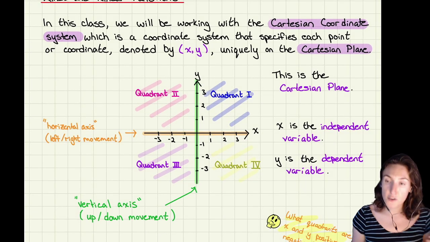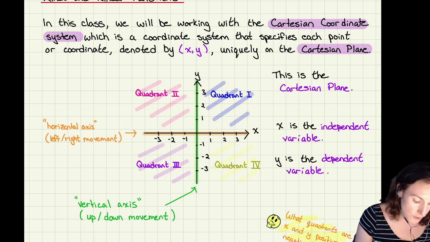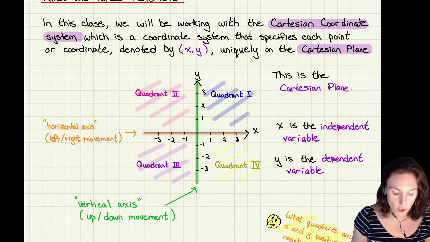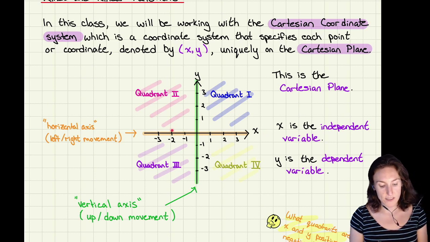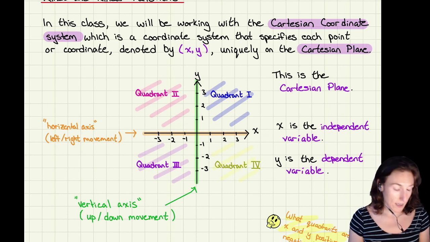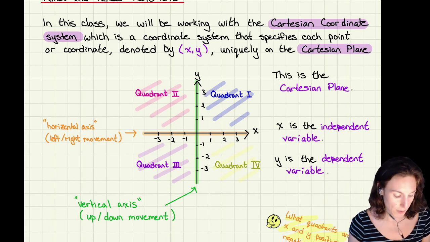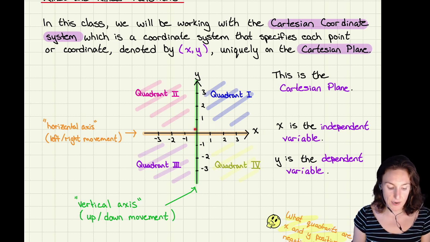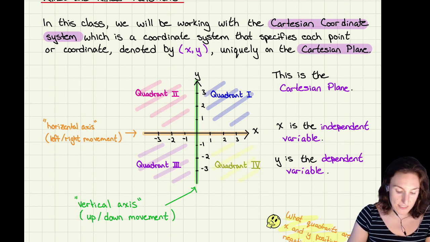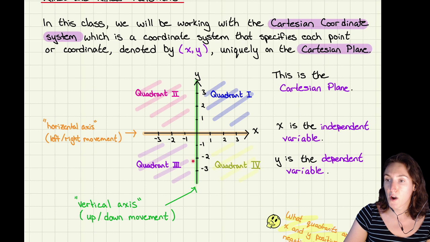So for real functions, if we want to look at them, if we want to plot them, we do so on the Cartesian plane, it's called, where your horizontal axis, or your x-axis, tells you how your function moves left to right, or when you have shifts left to right, and this is for the independent variable. Okay, the dependent variable goes along the vertical axis, or the y-axis,